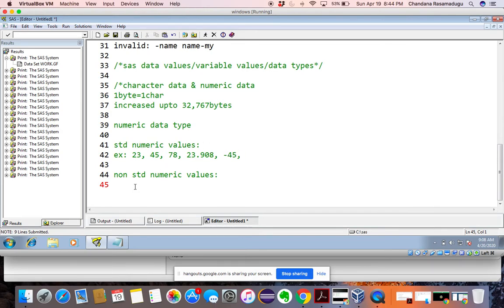But non-standard numeric data contains things like $3.78. Here what did we get? A $ sign. So this is non-standard numeric data. How do we write time? Like this, right?